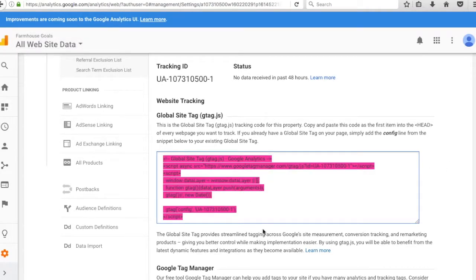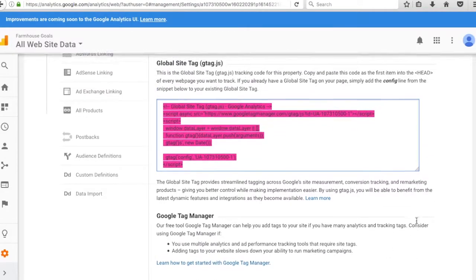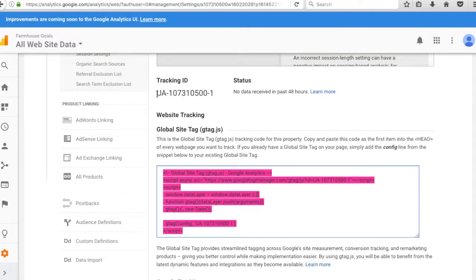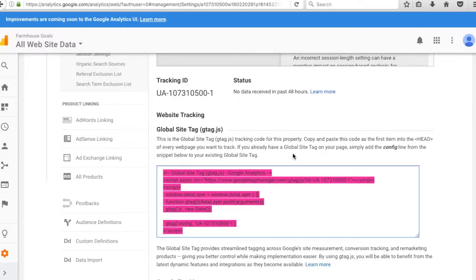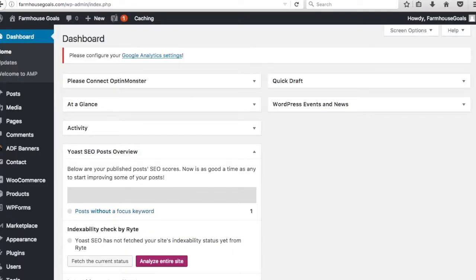There are 2 different ways to implement Google Analytics. There are plugins you can download where you just add your tracking ID right here and it'll keep track of everything with Google Analytics on your website. Or you can add your global site tag to your website. So what we're going to do is take our global site tag here, copy it, go back to our website,